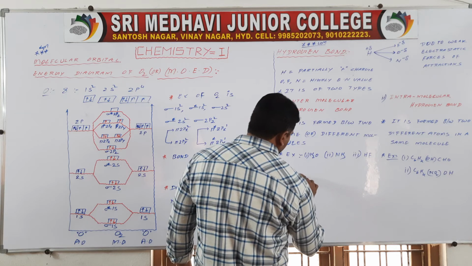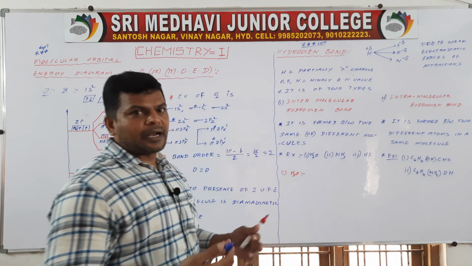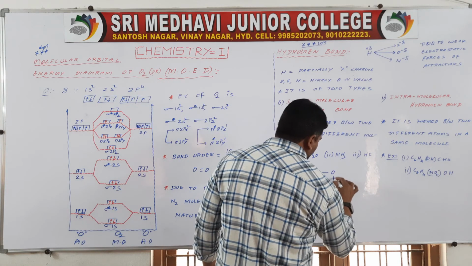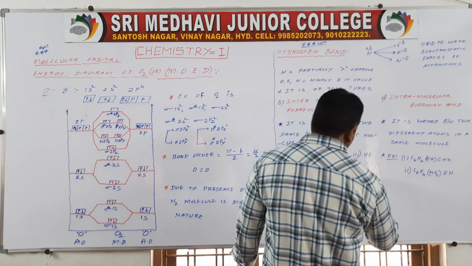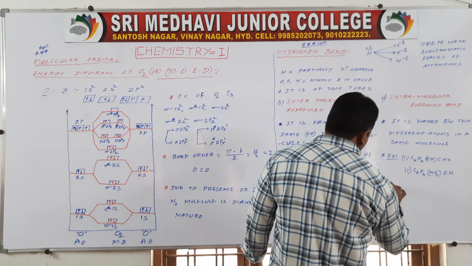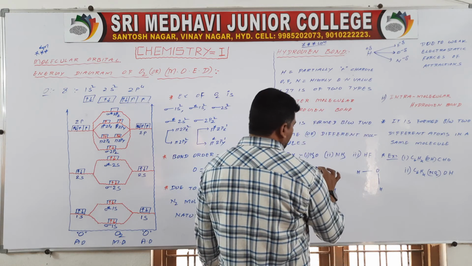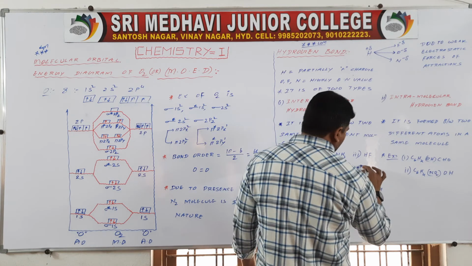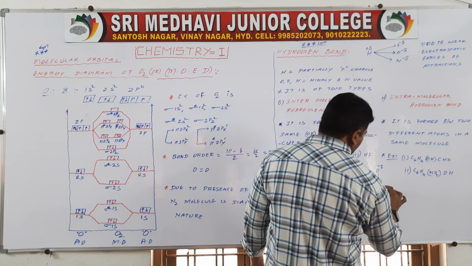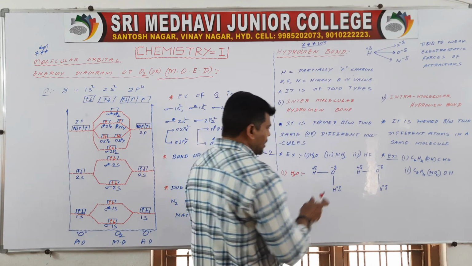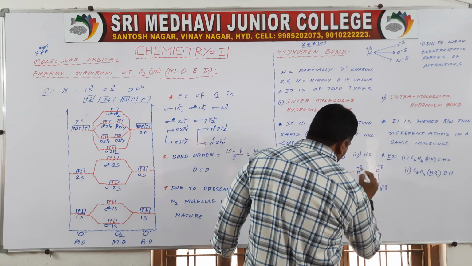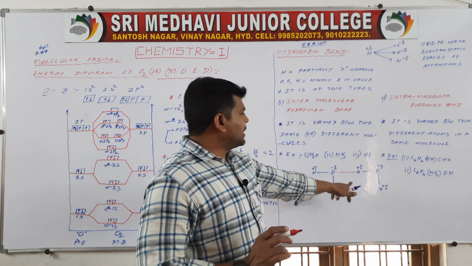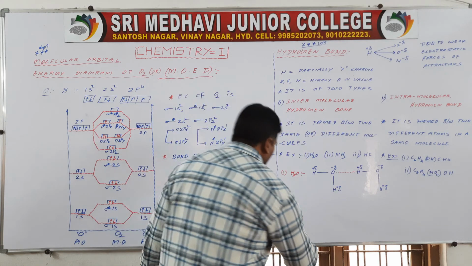Okay, so here first one, H2O. How intermolecular hydrogen bond is formed means, H2O structure is like this: hydrogen, oxygen, hydrogen. Then hydrogen, oxygen and hydrogen. It having partially positive charge, it is negative charge. Now between these two bond is formed. It is intermolecular hydrogen bond.